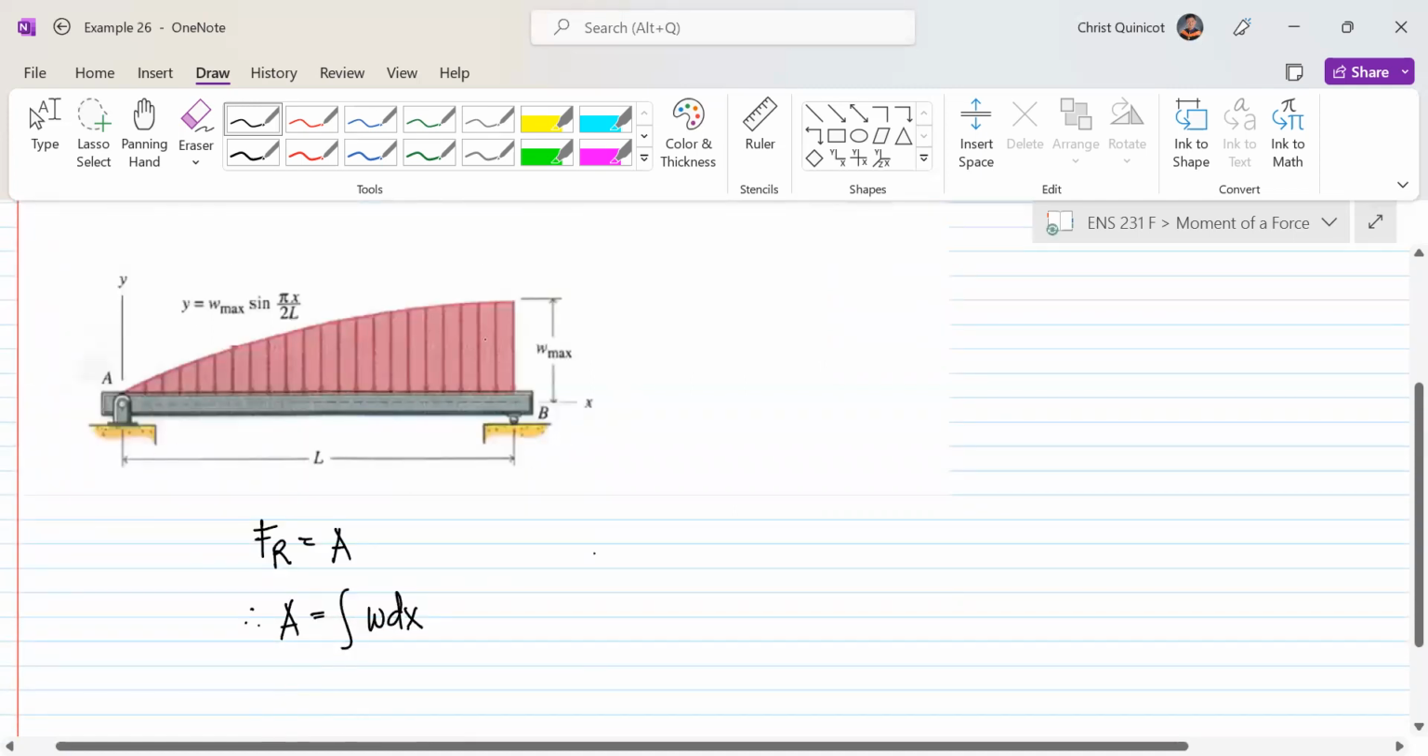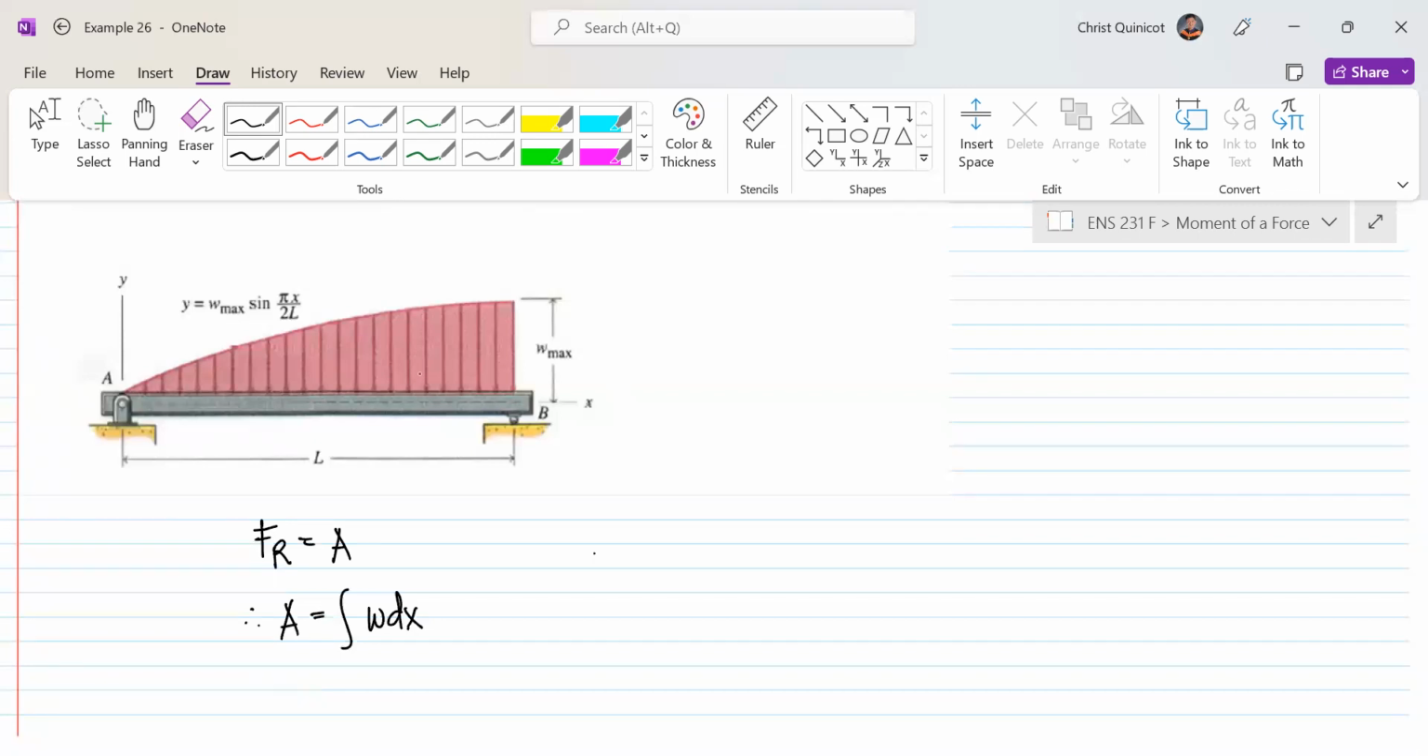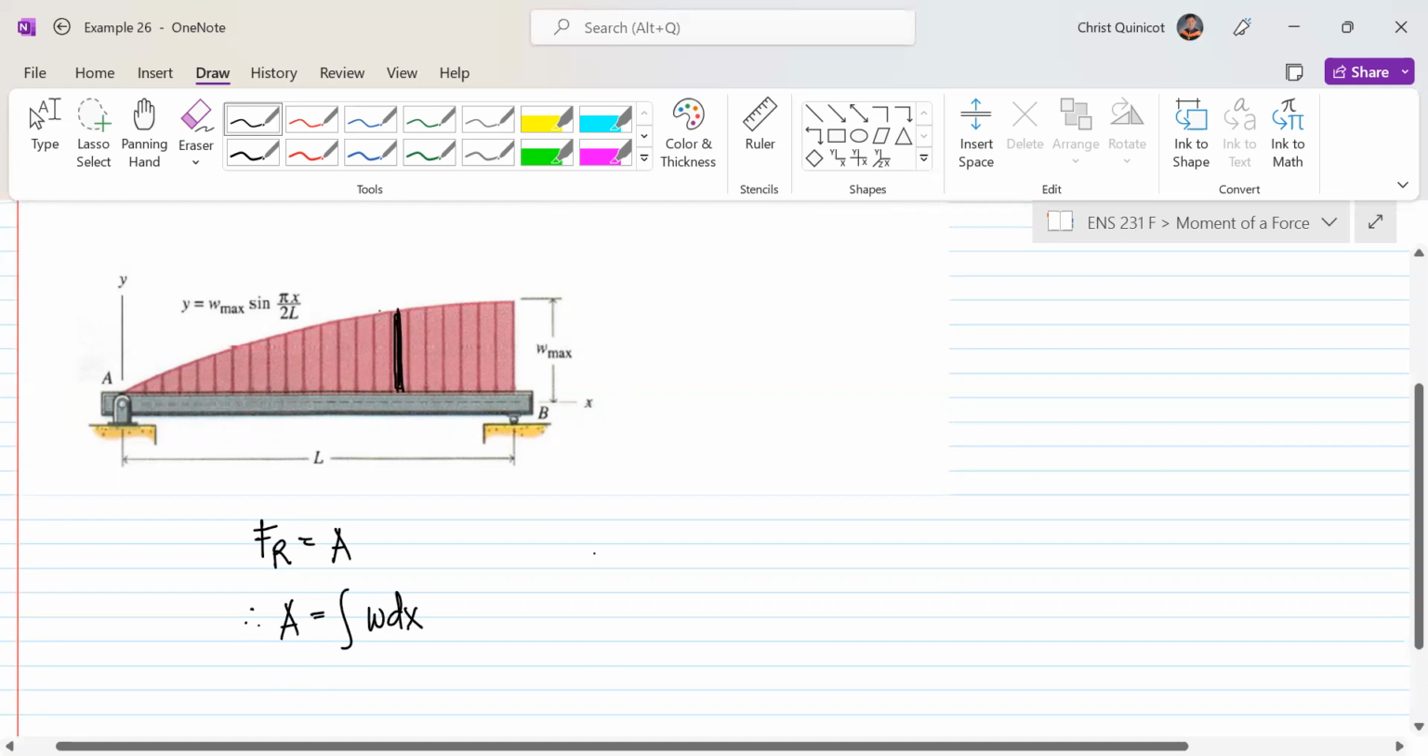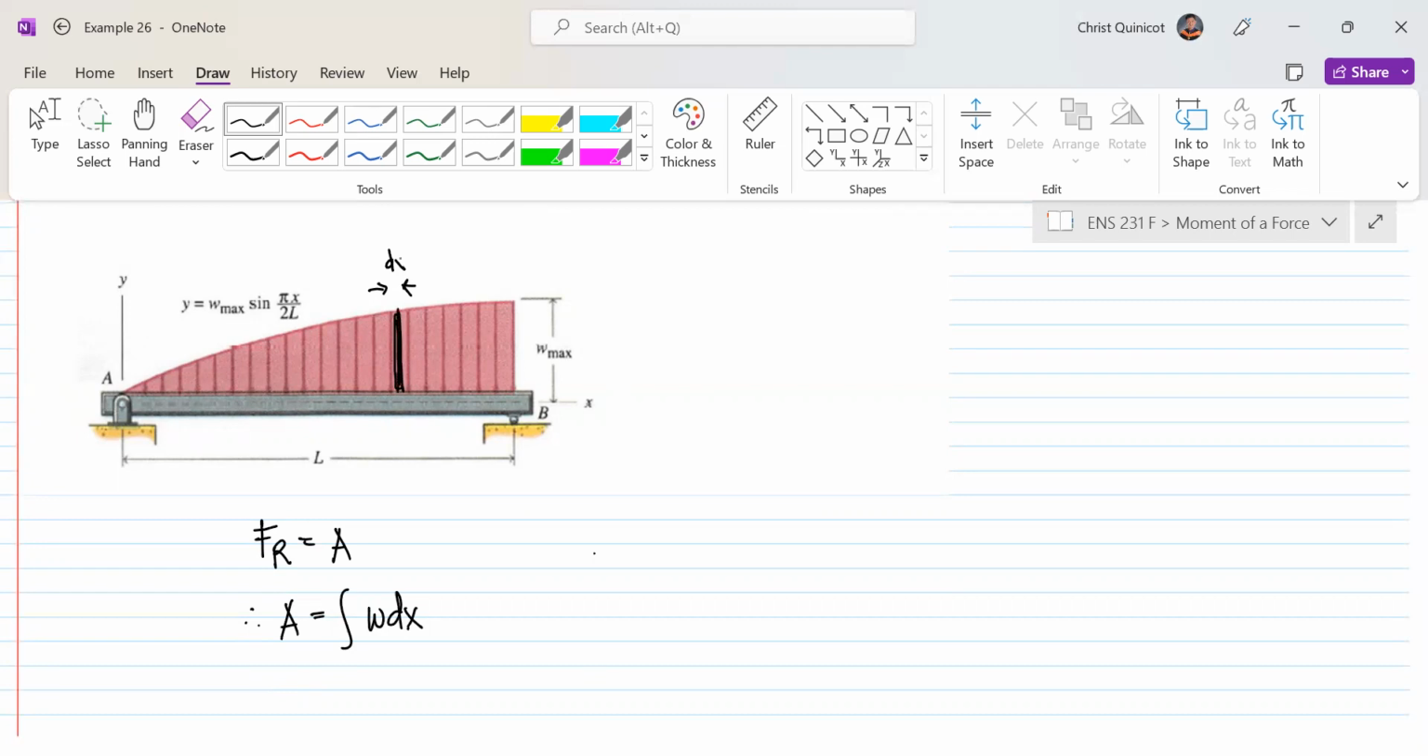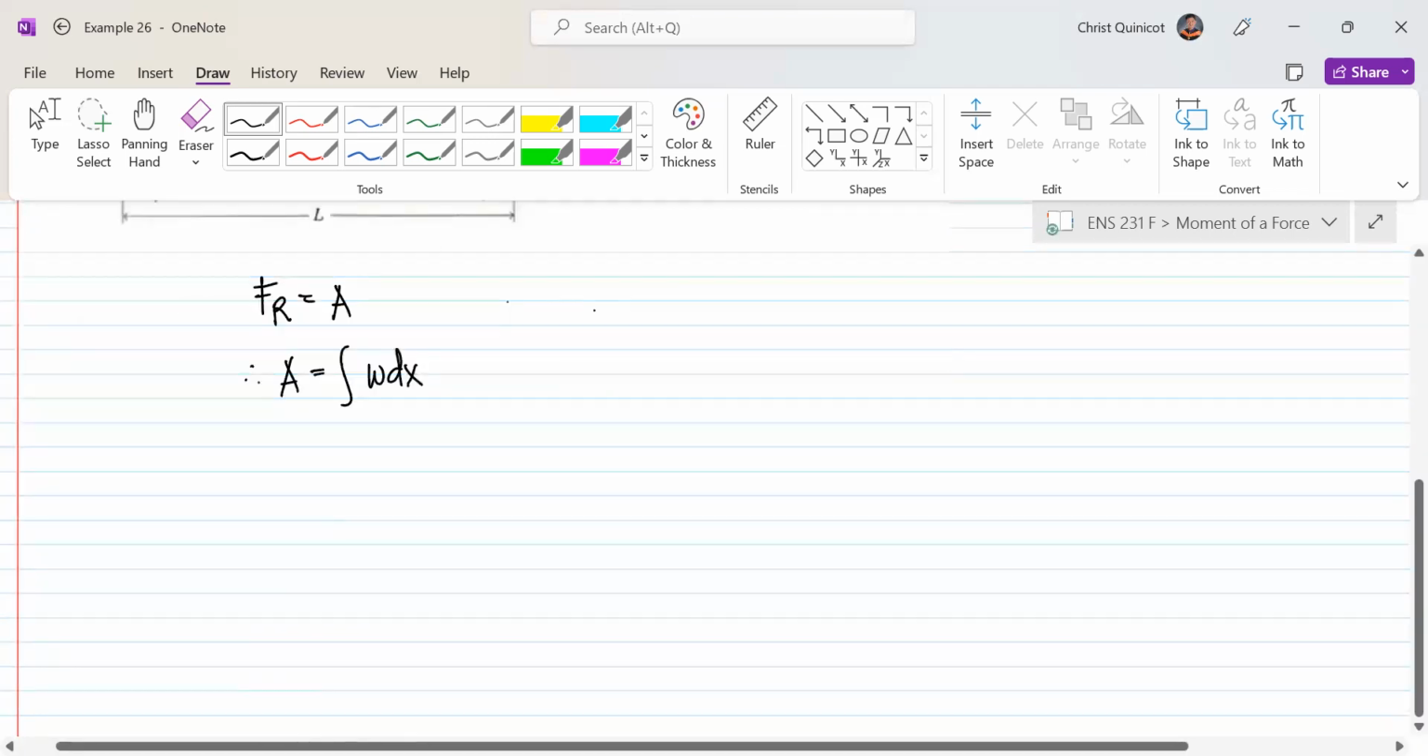In order for us to know our w, we take a small strip here. It can be anywhere, right? A small strip which has a length of dx, and this is our w. Okay, so if our equation is represented by w sub max sine pi x over 2L, so this is A